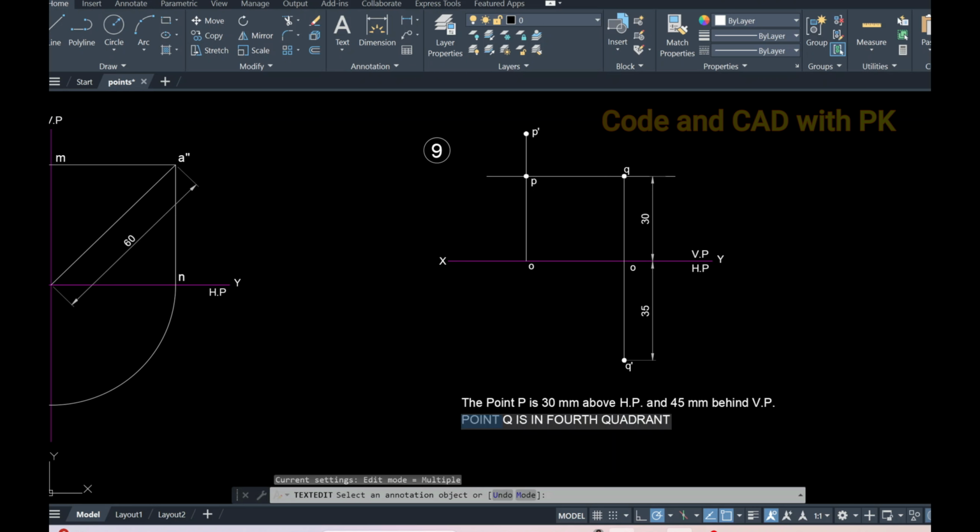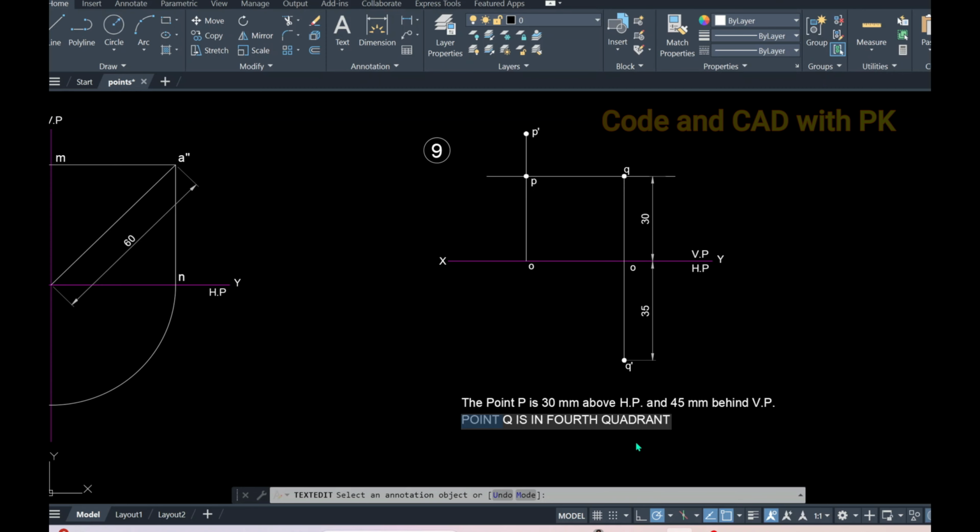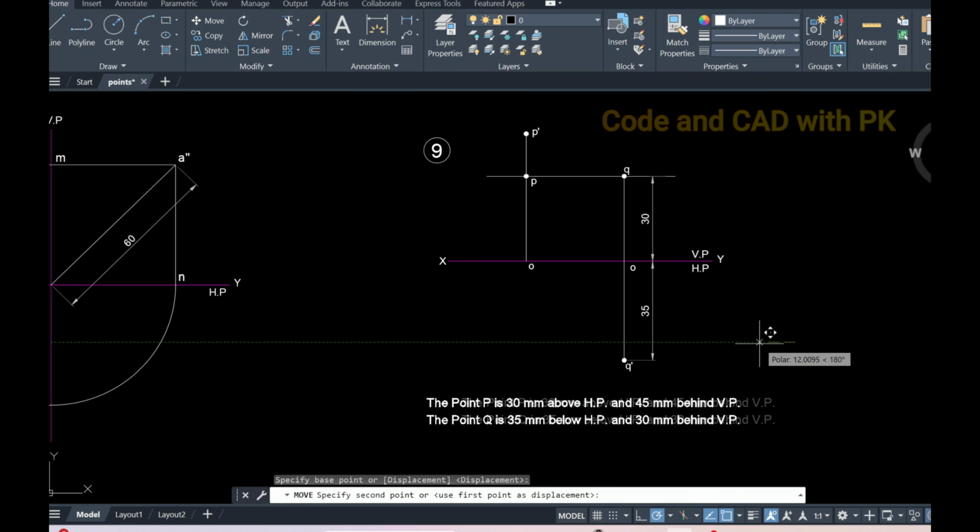Here also you can write your text like this, and you will write a third quadrant for second quadrant and third quadrant as well. Okay,